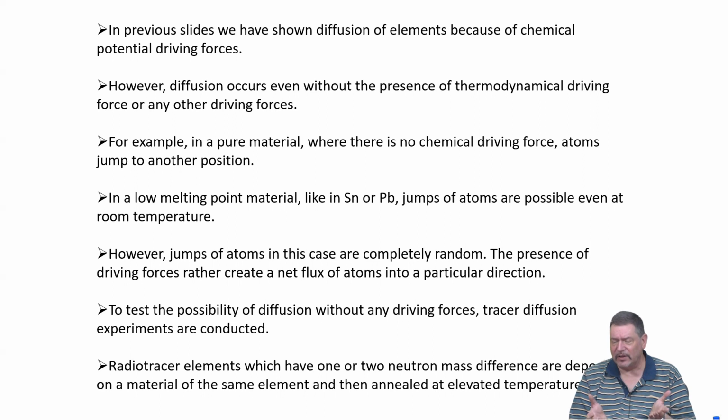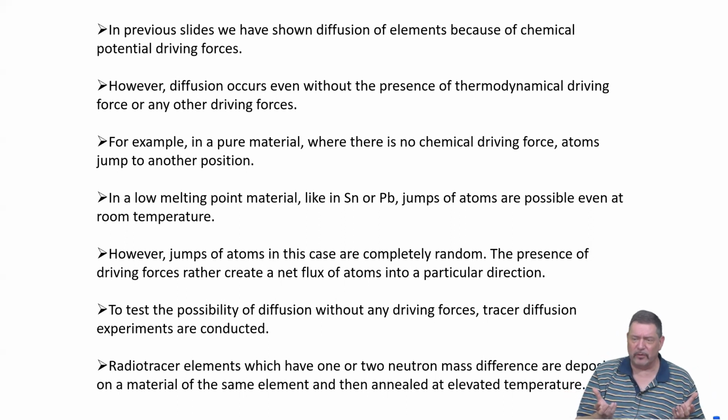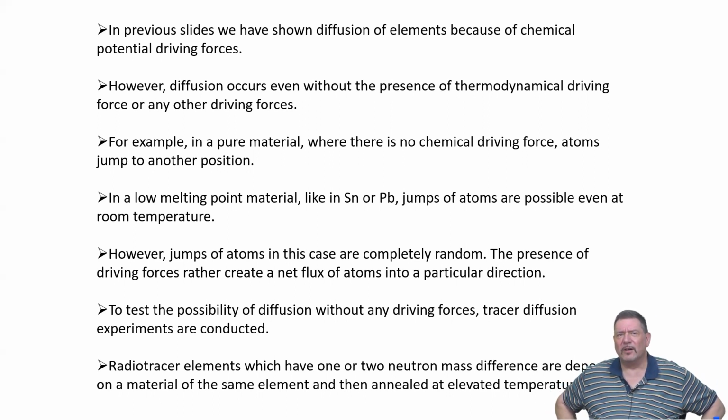And that is radio tracer diffusion. So one needs to have radioactive isotopes. Why radioactive isotopes? Well, because you basically have the same chemical nature, the same electronic structure of your material. The valence electron concentration is the same, so a different isotope still has the same electronic structure. It just has a different number of neutrons in the core of the atoms. Is this giving rise to a concentration gradient?